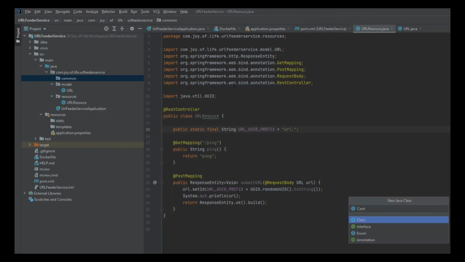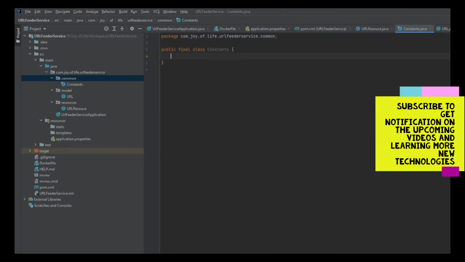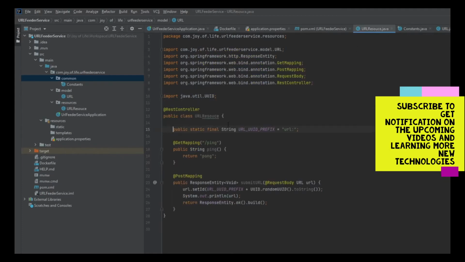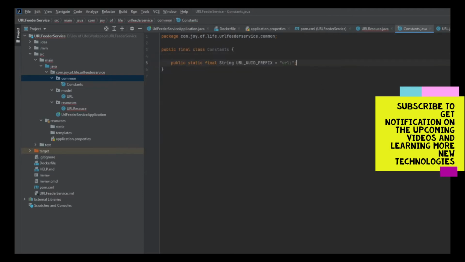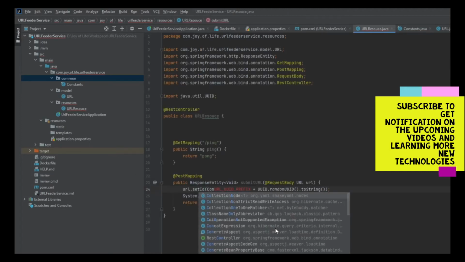We'll create a class called constants and make this a final class. We are going to move this to the class, and we are going to put over here that we are using constants dot.